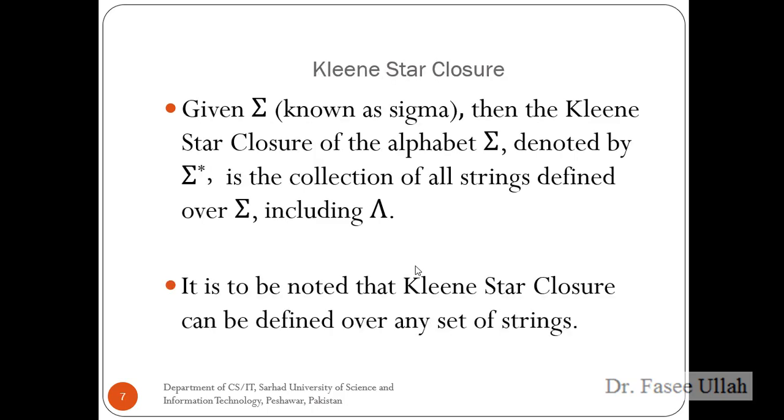Further, we have the sigma symbol. The Kleene star of the alphabet is denoted by sigma with the power star. The star means we also include the empty string. So whenever we talk about the Kleene star, we must include the empty string. This is one of the examples of the Kleene star as well.